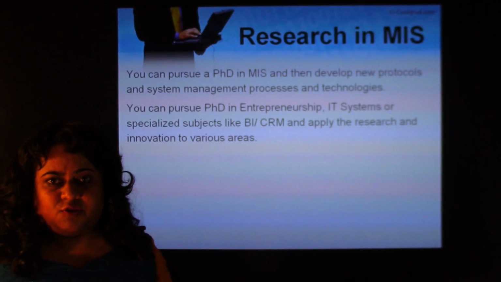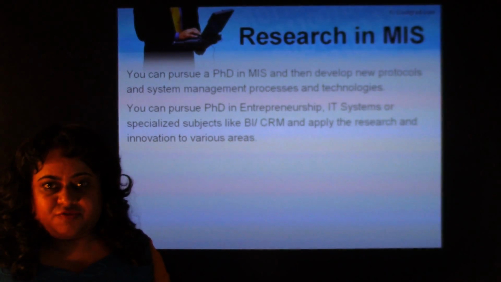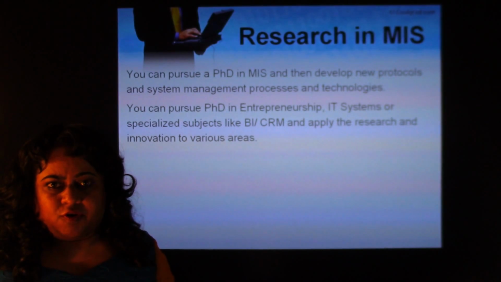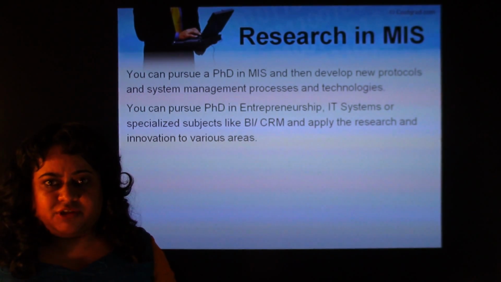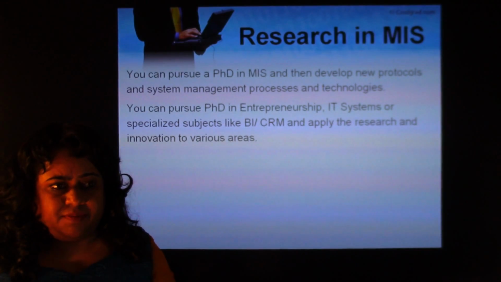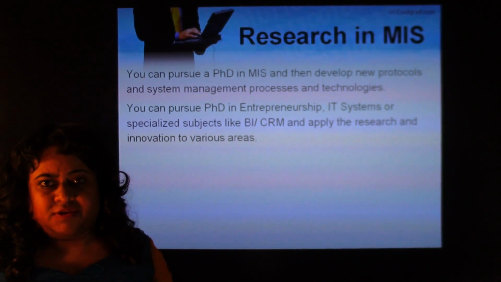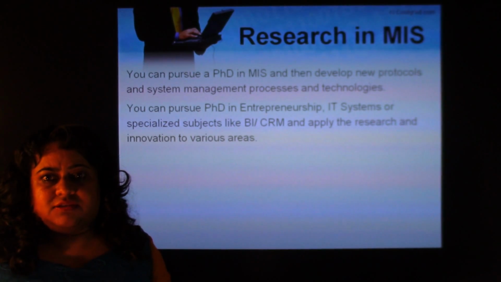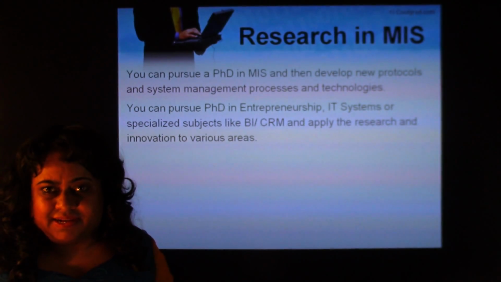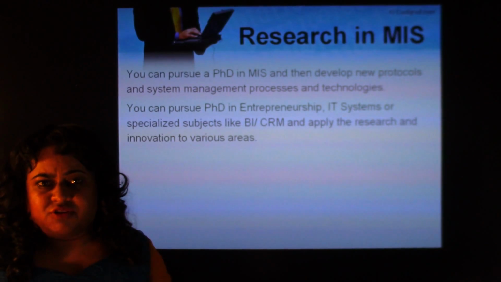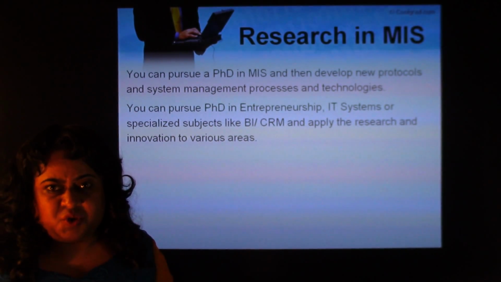I think this gives us an overview of what MIS is all about, and I hope you find this useful. I hope you think before you jump, and think about whether you really want to do an MBA or MIS or MS in computer science. What exactly do you want to do now that you know what these programs are all about? So think and make the right choice. Remember, you probably do a master's degree only once in a lifetime, so make the right choice. Right university, right program, everything has to be right. There are a million ways in which you could screw up.